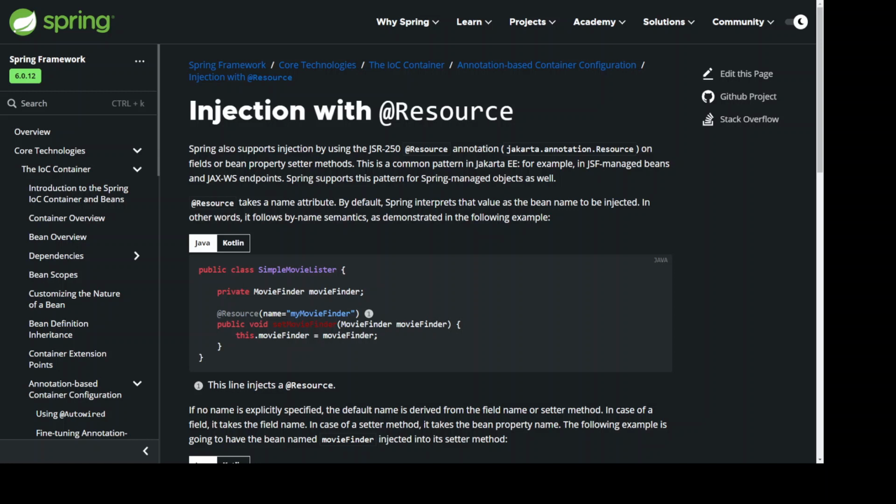public class SimpleMovieLister { private MovieFinder movieFinder; @Resource(name="myMovieFinder") public void setMovieFinder(MovieFinder movieFinder) { this.movieFinder = movieFinder; }